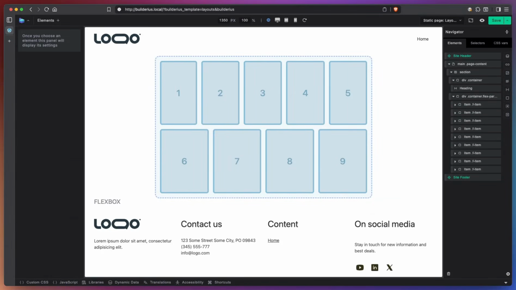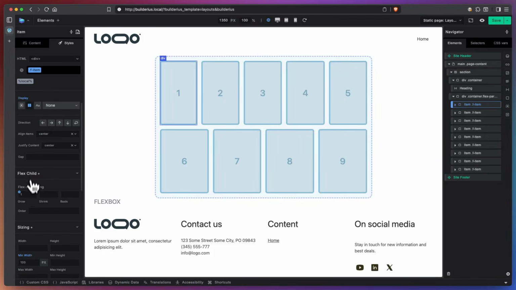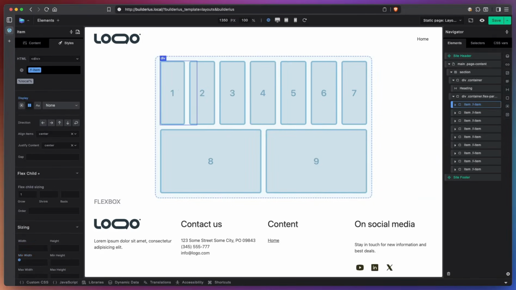Now we notice that when we're trying to create a kind of grid using Flexbox, by default, if we don't have the exact same number of items per row, we will not get an exact grid. This is a case where CSS grid is a way better approach than Flexbox, but since we're doing Flexbox, let's see how we can make an equal grid using Flexbox. What we first need to do is remove this minimum width that I've added before